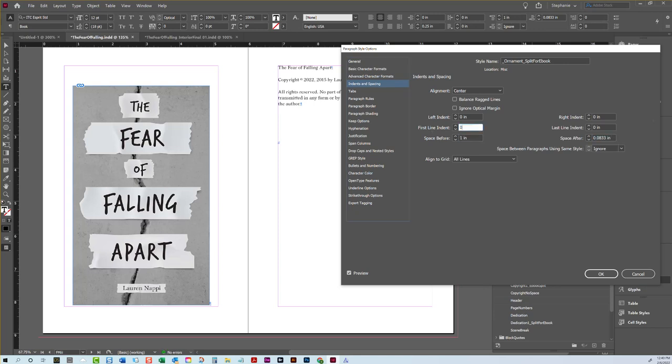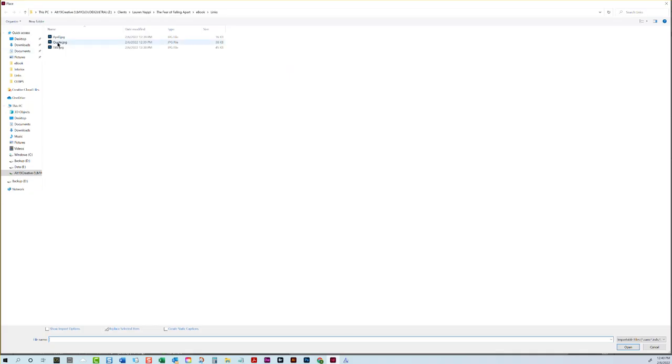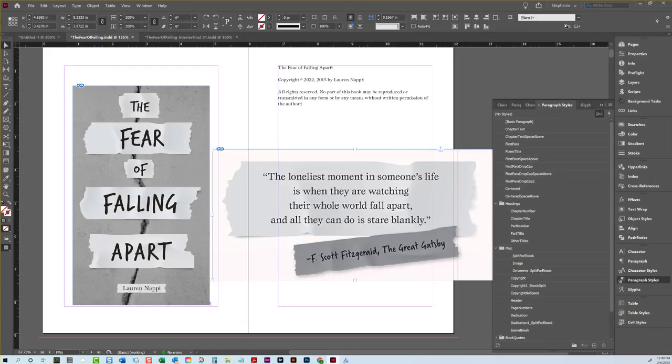We don't need a first line indent. We don't need a space after. And we want to make sure it is centered, which it is. And we're going to add that quote here. And